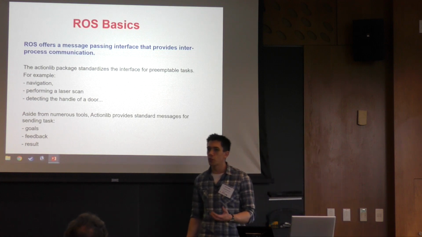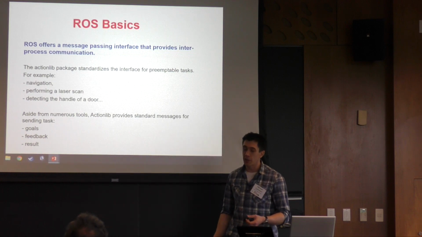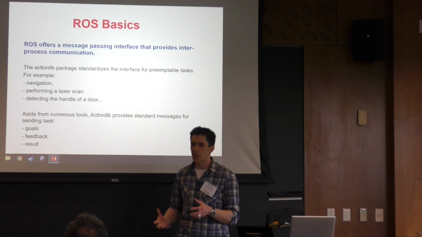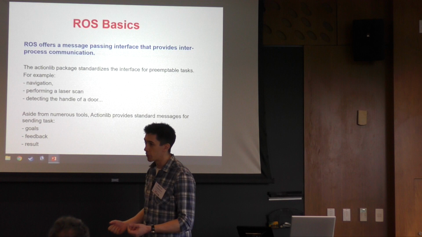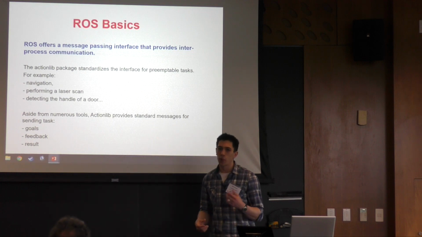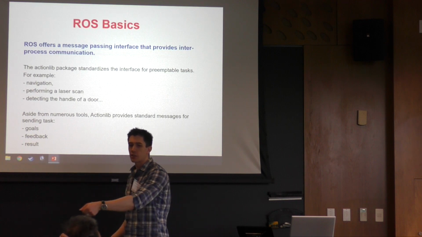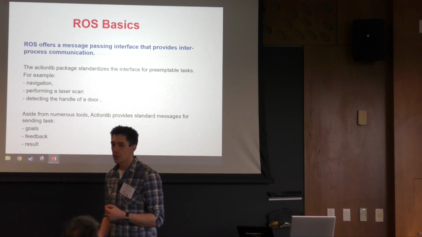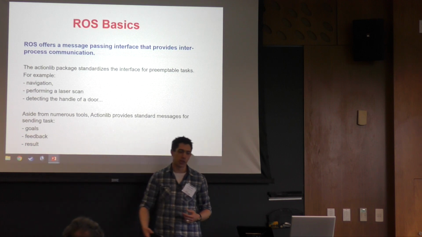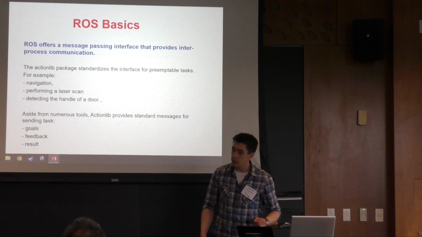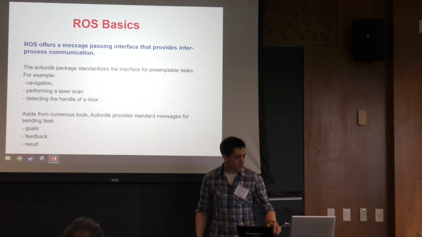One ROS library I'd like to just talk about in slightly more detail is the ActionLib package, which standardizes a way of passing messages that encapsulate a single task that the robot should perform. It will generate a topic name for sending goals to this task, for the task controller to return feedback, and then return a result when it's completed or when it's been aborted. Because we're doing task planning, this package is going to be very useful.